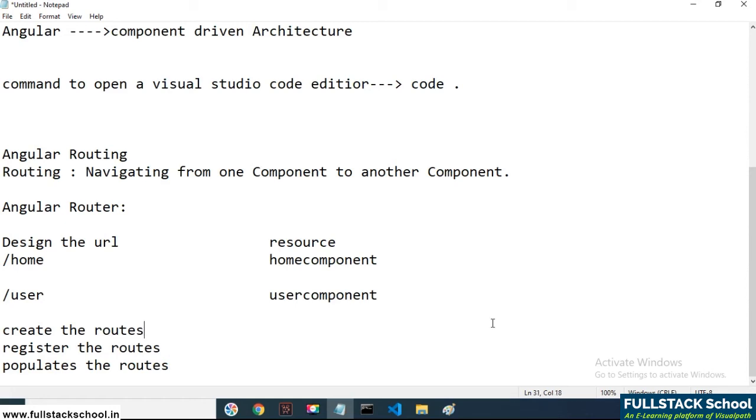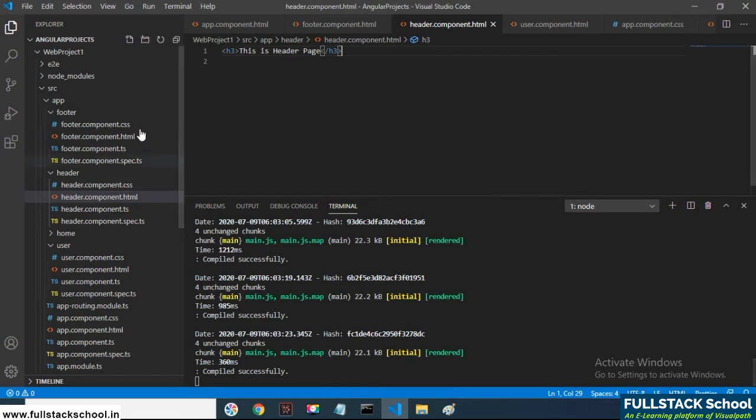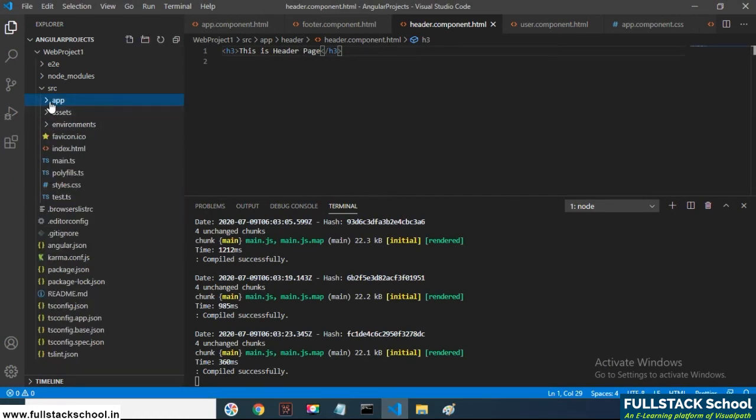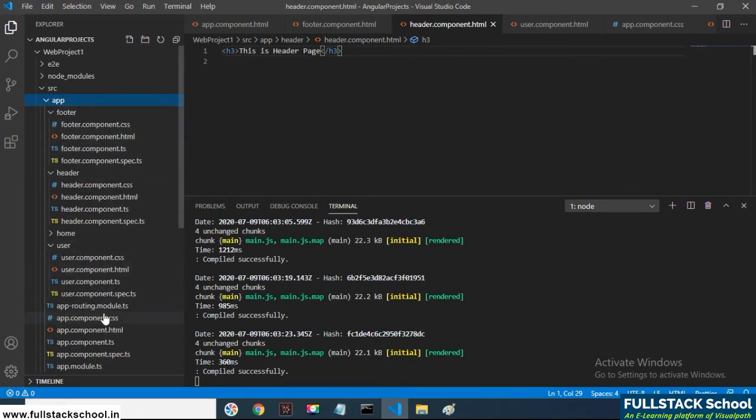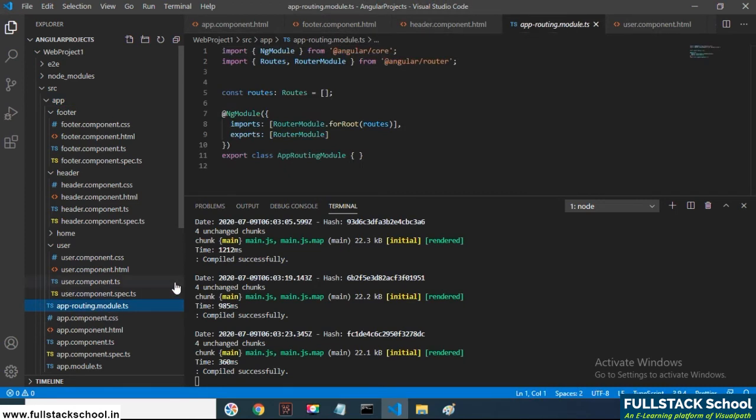If you want to create the routes, we use the file called app-routing.module.ts, from where we are creating the routes.